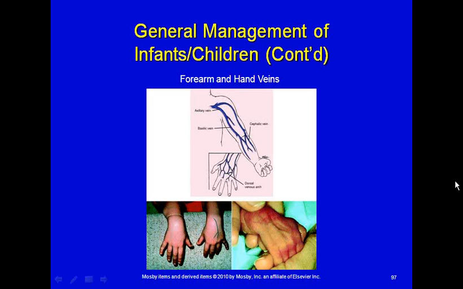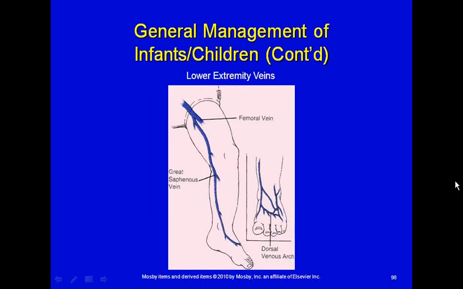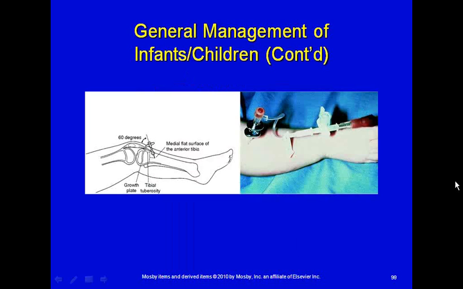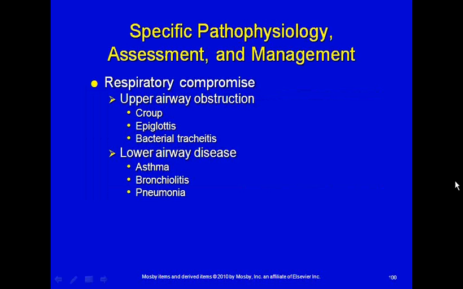Here are going to be some pictures of some IV sites in children. There's that long great saphenous vein, and I've not seen anybody hit a saphenous vein to start an IV in a child. I've seen it at the top of the foot at the dorsal venous arch, but not in the saphenous. There's an IO at the tibial tuberosity, the tibial plateau,